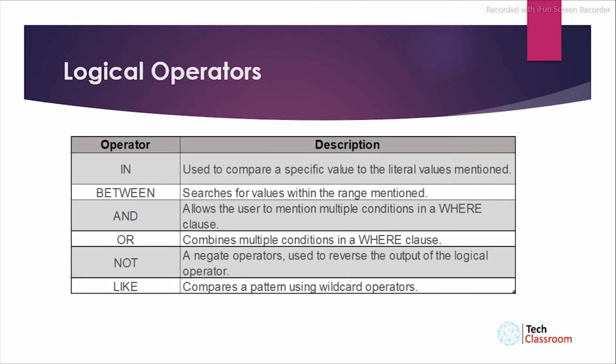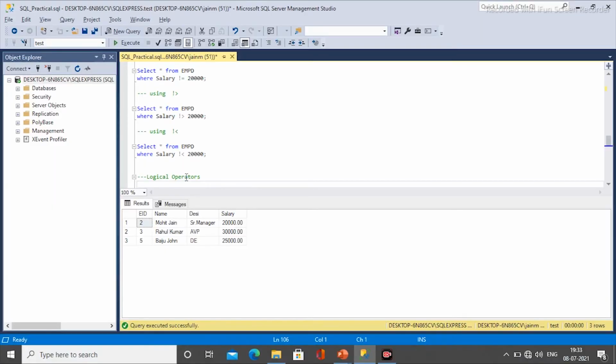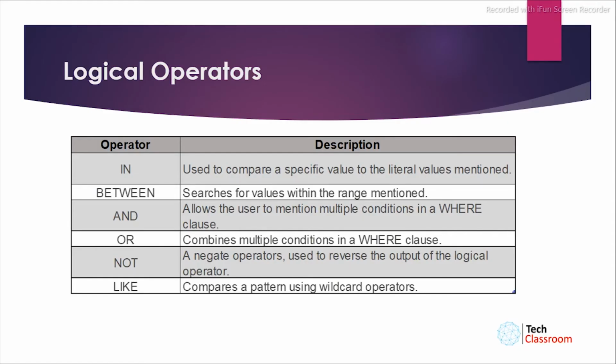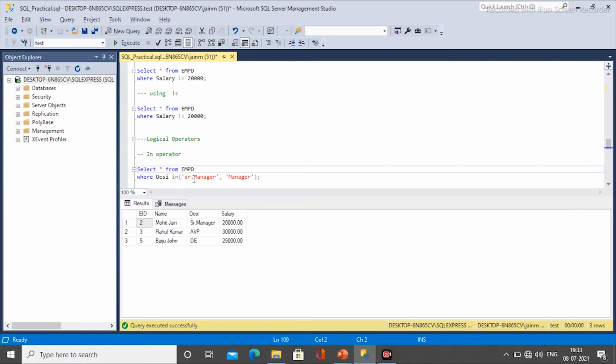Now the third one and the last one left is the logical operators. These are the major ones which you can observe in any of the code or queries written in SQL. There are some others as well, but again that should be a part of advanced. So the first one to come is the in operator. What is in? In is basically, you can say, an array where I can define more than one, or 2 or 3, depending upon the data,